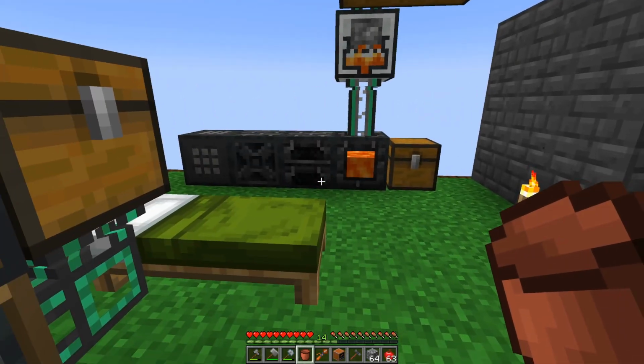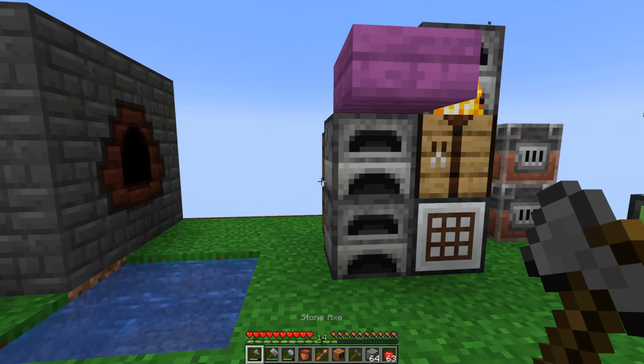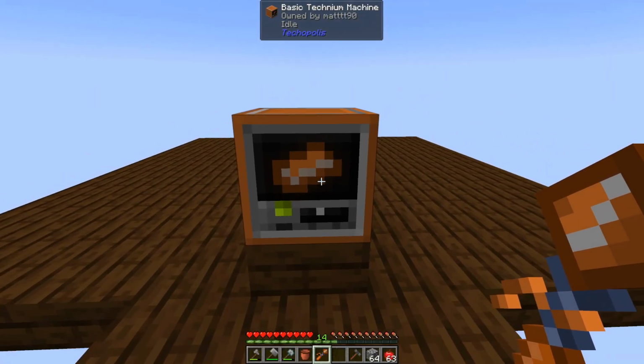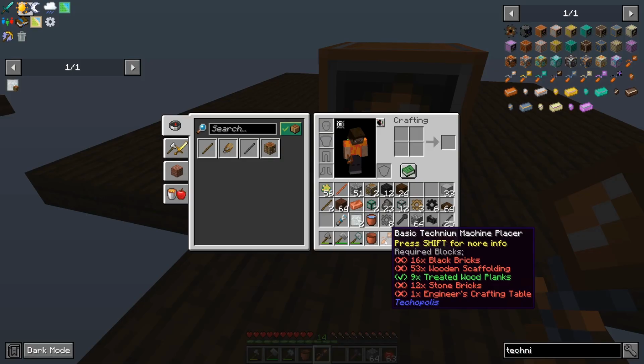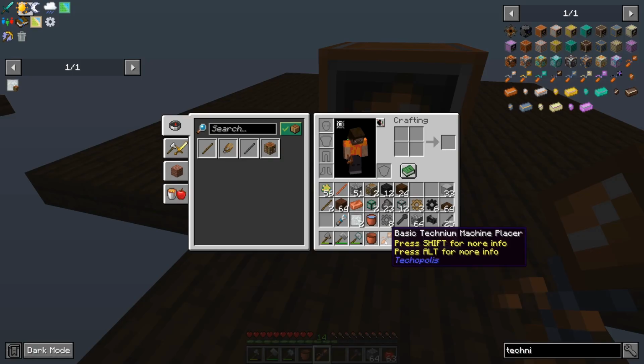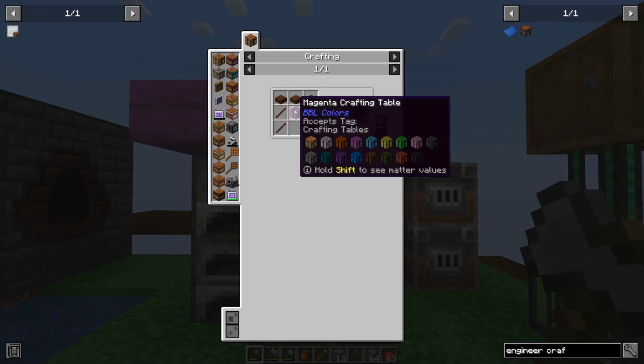Okay, I'm going to set out a pathway over this way, and we're going to place down the machine there. Okay, our platform is created, and if I hit Alt, I can see what I all need for this. Engineer's crafting table. Interesting. Okay, so we are going to gather all these materials and we will place it down when we are done. All right, I've got everything except for this last one, the engineer's crafting table. So we need